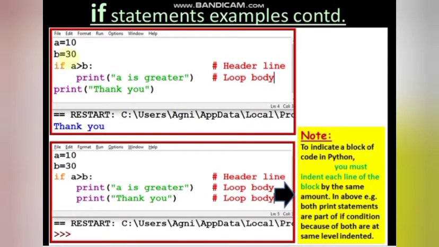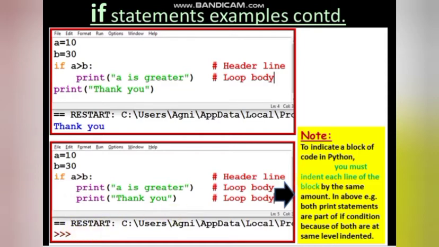So let's move on. Here you can see the condition is false, so that is why A is greater is not printed. Since there is only one statement inside the if block, it is only printing thank you in the output. Here, since the condition is false, 10 is greater than 30 being false, it is not entering the block, and both of these print statements are at the same level, indented. Over here both the print statements were not at the same level. So since the condition is false, it is coming out of the if and not executing the block of if, so it is doing nothing. So the output is blank.